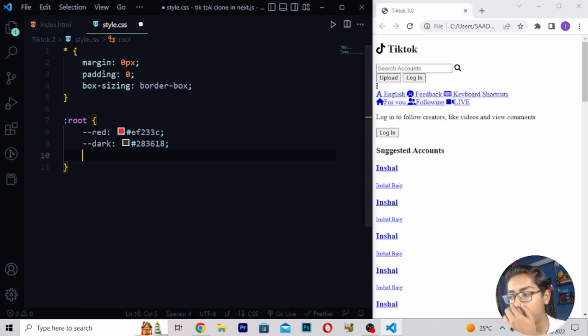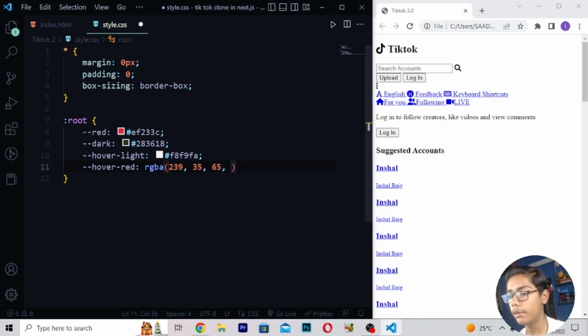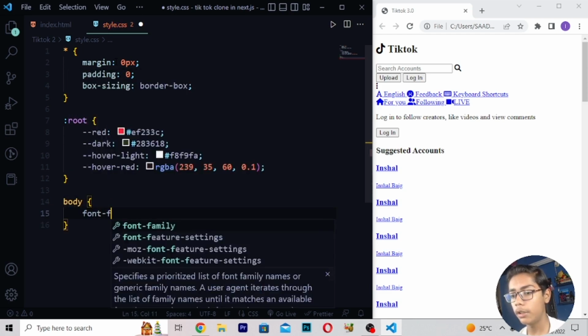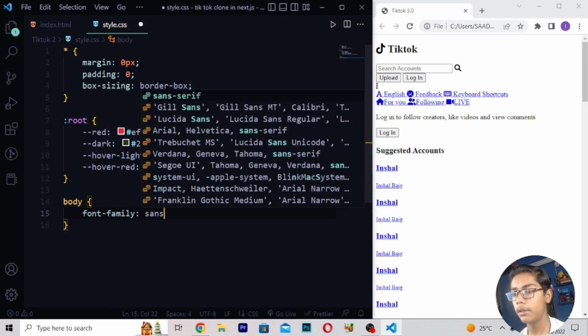Then moving down, hover light, and write F8F9F8. Then hover red, then dash, and here you have to write RGBA, so give a space, RGBA 239 60 35 0.1. Then body, and here I'll be writing font family sans serif.